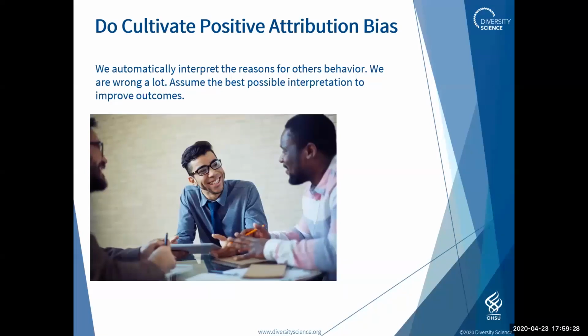You may have gone through a variety of interventions or training or programs that focus on cultural competence. The automatic thinking system does have a pretty negative reaction to people who have very different ways of believing and behaving, and that can cause problems. So one strategy that can help is to notice the reasons you think people are doing things and assume positive